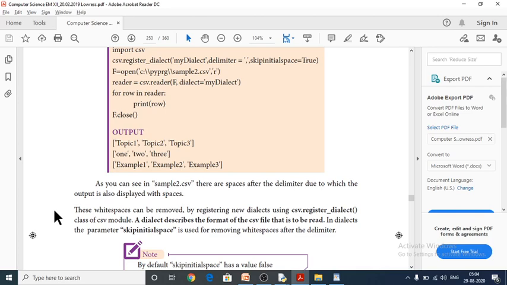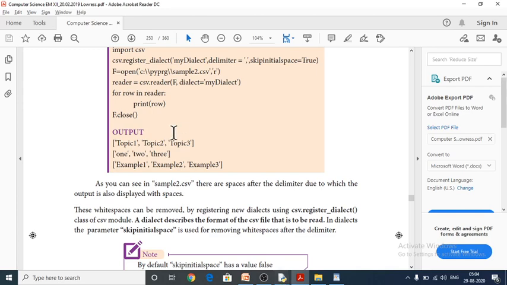By default the value of skip initial space is false, but we have to give true to remove the spaces. And next one, the csv dot register dialect function is another function which is used to describe the CSV file, how the CSV file is to be read.